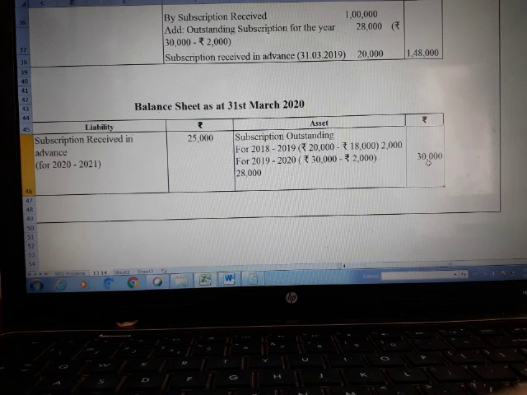And similarly, one more new thing which you learned today: for the year ended, whenever they give subscription outstanding for the year ended, you can take that amount as such as the amount outstanding for the respective year. Whereas when it is given as subscription outstanding as at, in that case you need to eliminate the previous year and just consider the current year outstanding. Don't take the entire amount blindly as that year's outstanding. So do the needful treatment and then do your problems. Don't be in a hurry.